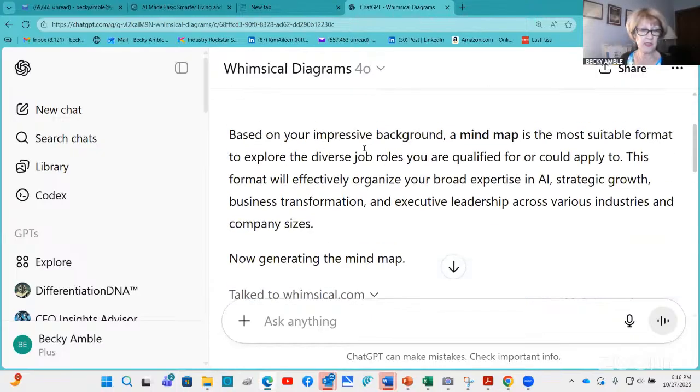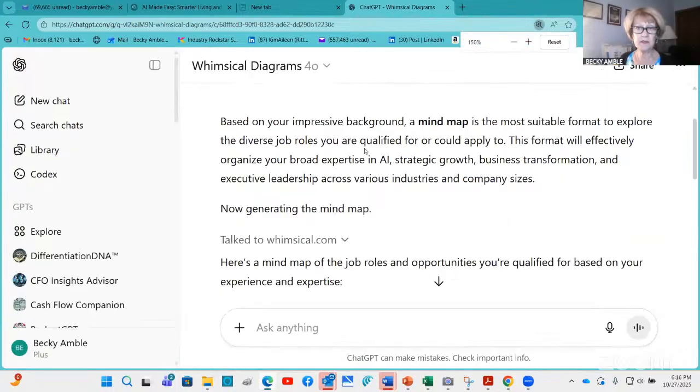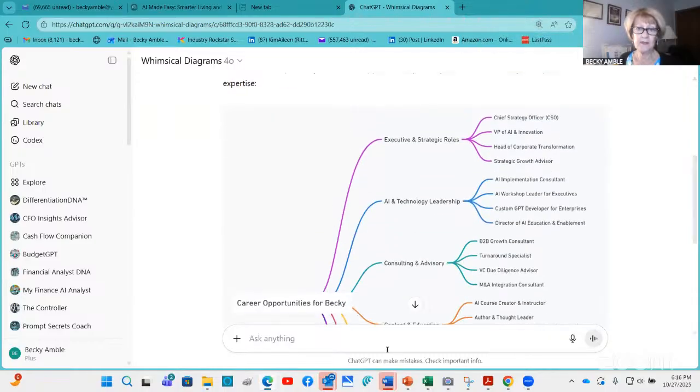Now, I had another idea for you. I'm going to shrink this down back to kind of our normal size. And what I want to do, we'll see, I haven't tried this quite like this, is